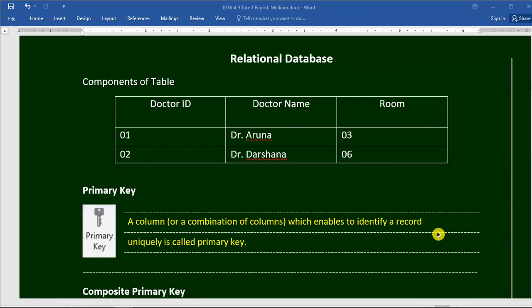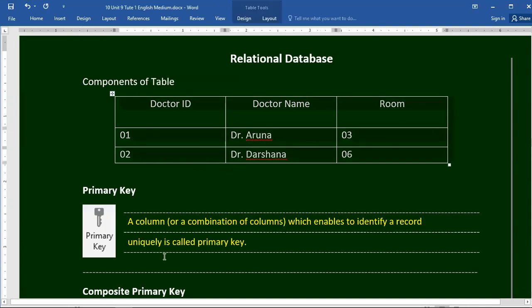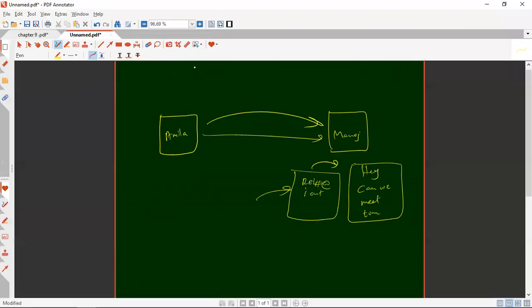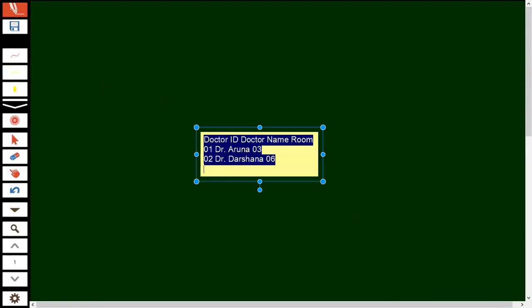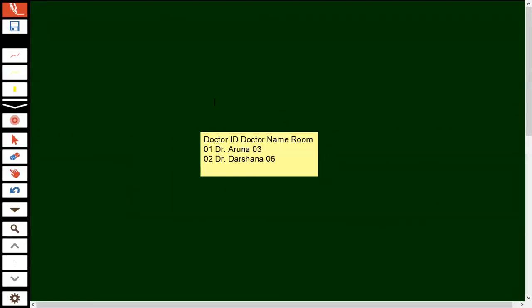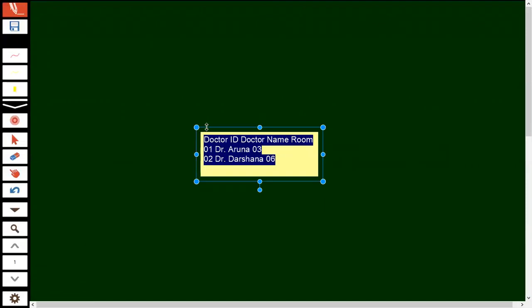And now we are going to start another topic, relational database components. Let's say components of a table. There is a table called doctor. This doctor table, we have to keep it in tabular form.